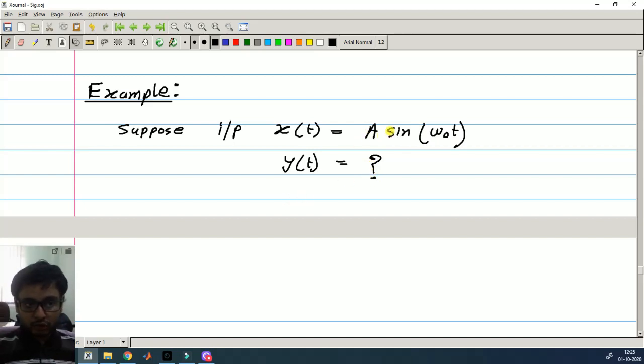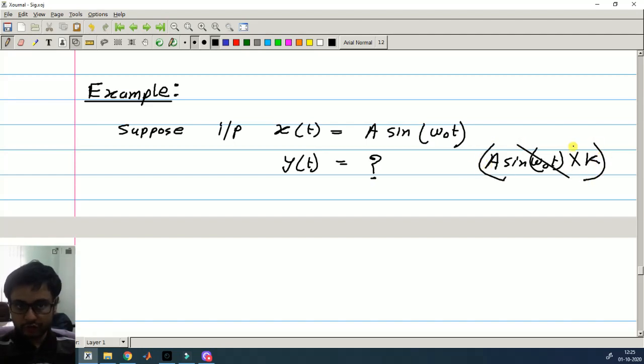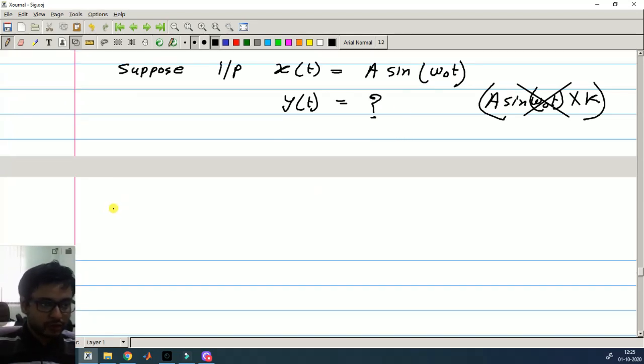Firstly, remember that sine omega naught t is not an eigenfunction of LTI systems. So the output will not be of the form a sine omega naught t multiplied with some constant. It is not going to be of this form. However, what I can do, I can write x(t) as a sine omega naught t, which is equal to e